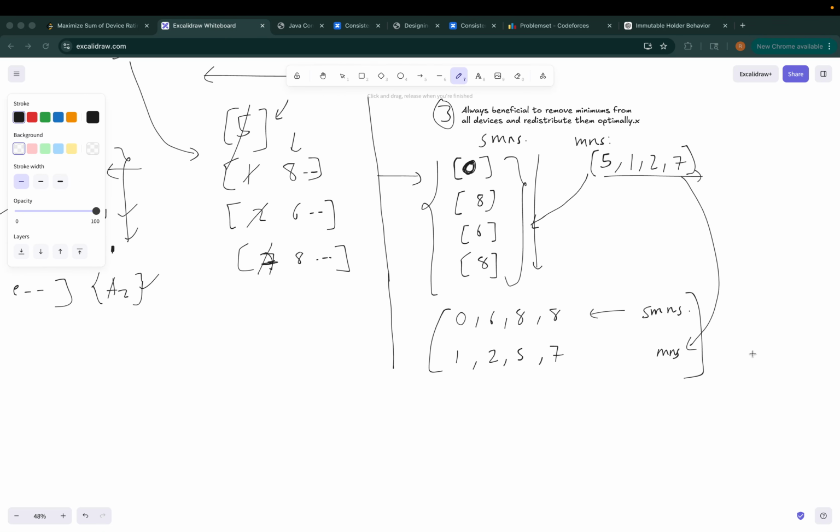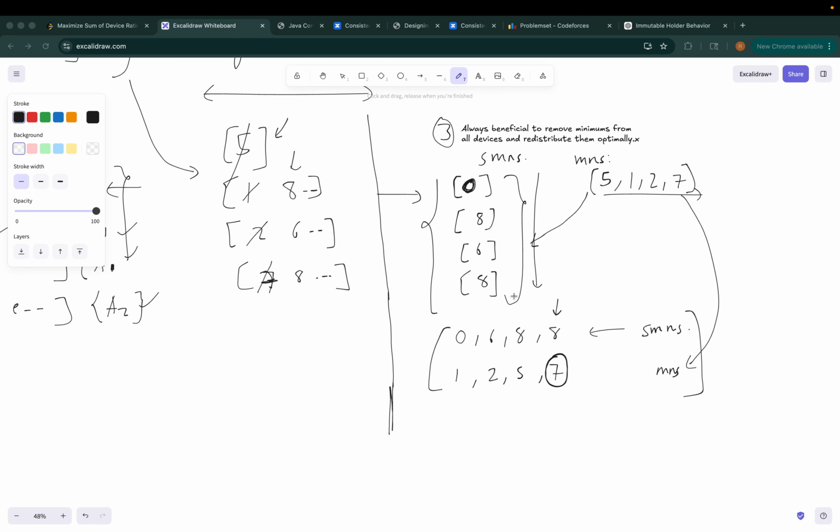And now comes the last observation. We want to redistribute the minimums optimally. So what can we do? So let's say we start from the end. Let's say we start from 7. Where can we put a 7? Can we put 7 here? If you put a 7 here, then our 8 would get disturbed, right? Because 8 was coming as the answer, but now it will no longer come as the answer. So it's always beneficial to put 7 where our second minimum either